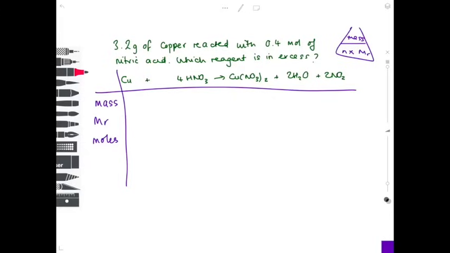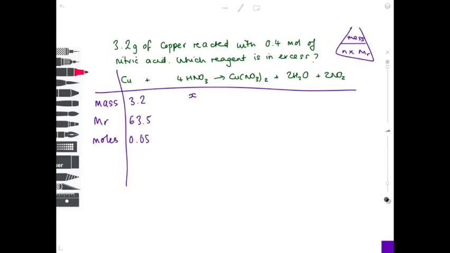So we know that 3.2 grams of copper reacted. And weirdly, we're going to put X here because that is important, and I'll say why soon. So first of all, what is the MR of copper? Using your periodic table, you see it's 63.5. So using your formula triangle, how do you work out the number of moles? You do mass divided by MR, so that's 3.2 divided by 63.5 to get